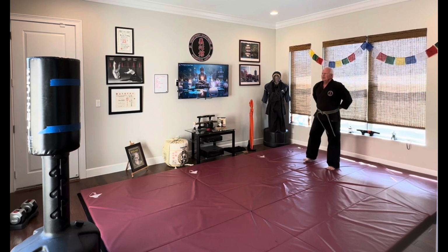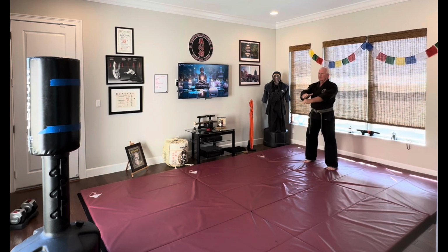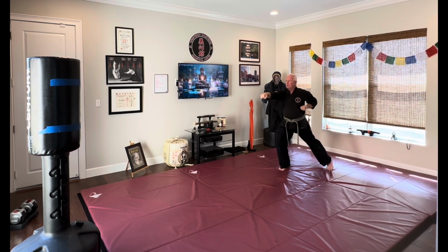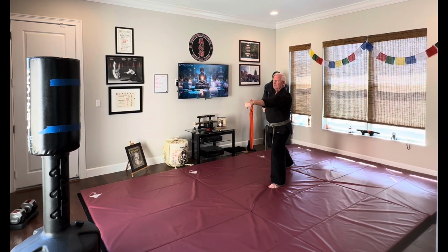Now we're going to do it more slowly. So when you watch this position, I'm going to come to my Junbi position first. My right hand is going to come up by my left ear, palm facing the ear, and I roll the hammer strike out in a low block, centering my hand on my chest, feet come together, and then I throw